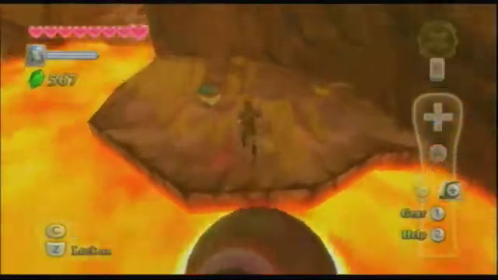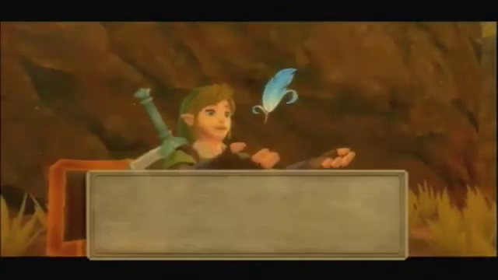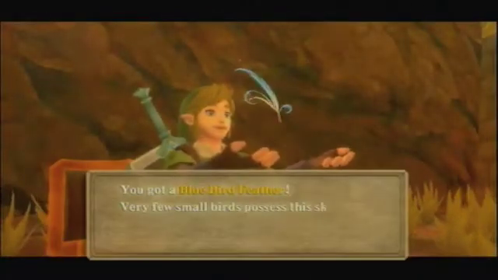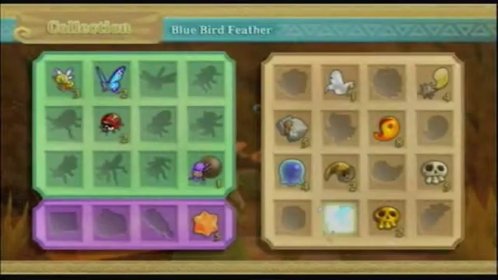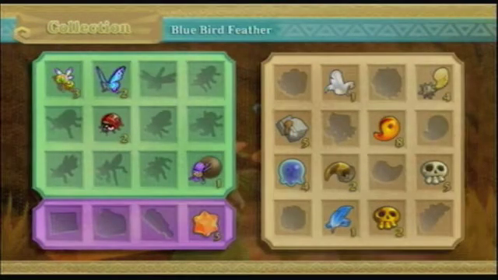Okay, but let me think about what I'm going to say. Anyway, what's in this chest is probably some sort of rare item. What is it? You got a blue bird feather. Alright. So I like to press the switch on the right side, on the left side first before